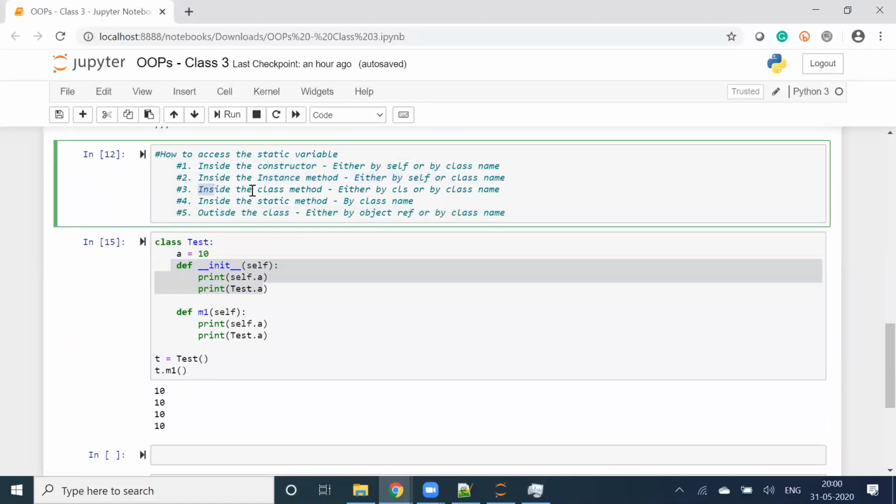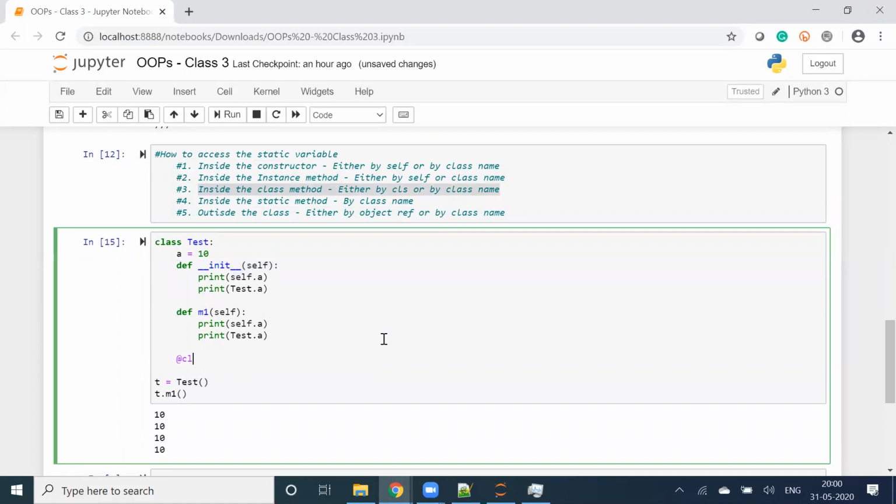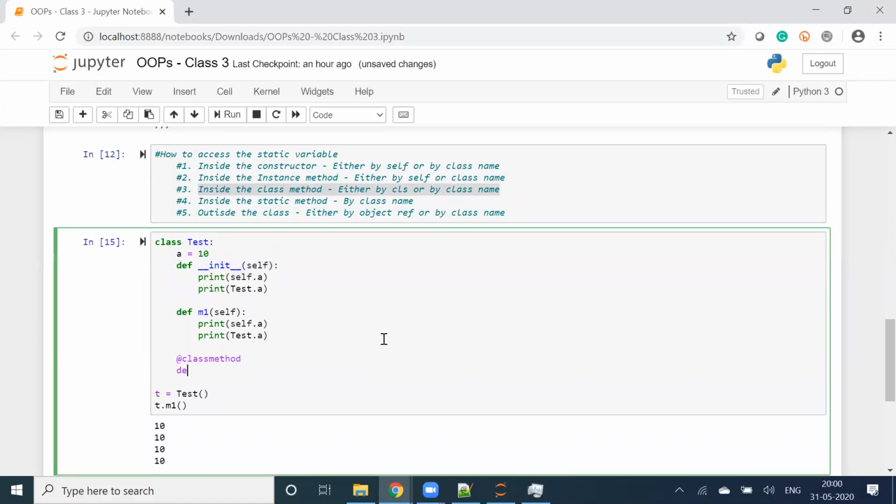Third option, inside the class method by CLS or class name. Okay, let's see that. I'll create a class method with @classmethod, def m2, print cls.a and print Test.a.